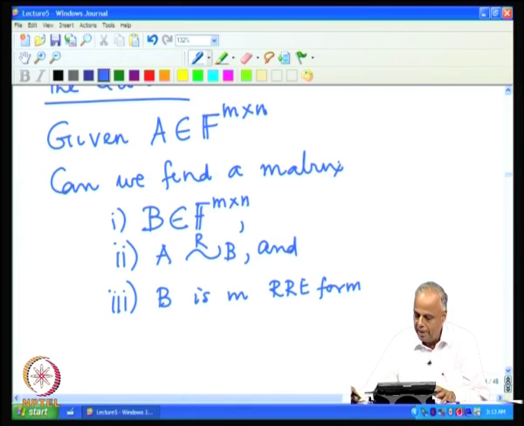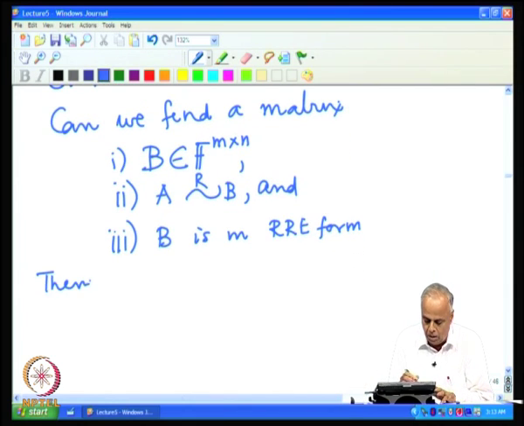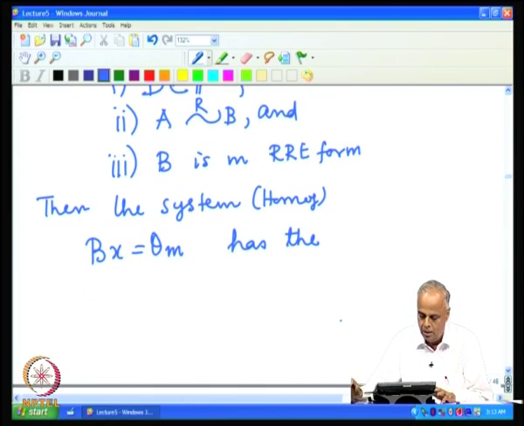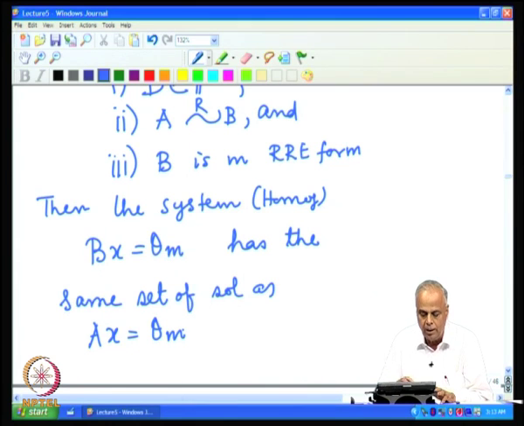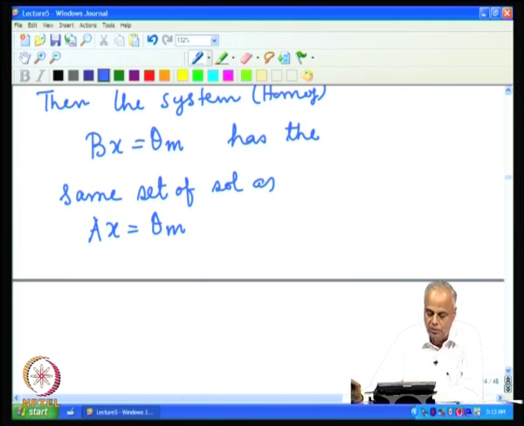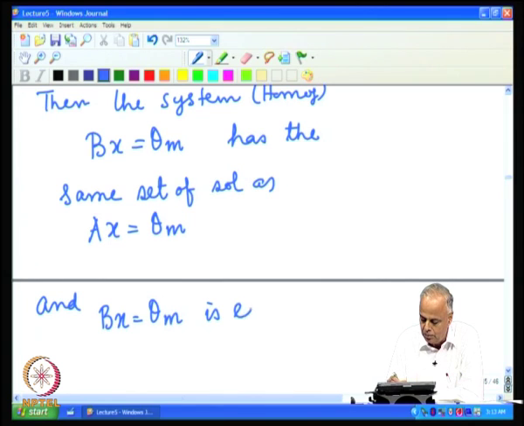Why do we ask this? Then the homogeneous system Bx equal to theta m has the same set of solutions as Ax equal to theta m. The reason is they are row equivalent, and we have seen that when you have two matrices which are row equivalent, the corresponding homogeneous systems will have the same set of solutions. So, Bx equal to theta m has the same set of solutions as Ax equal to theta m, and Bx equal to theta m is easy to solve